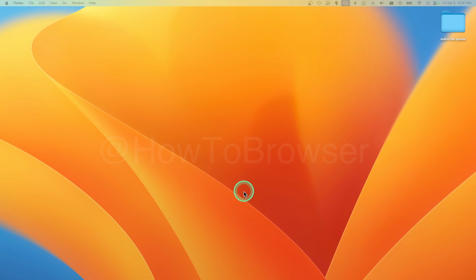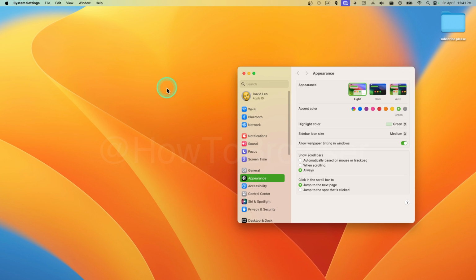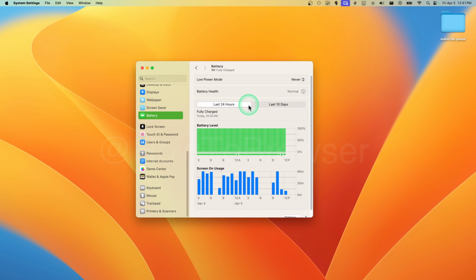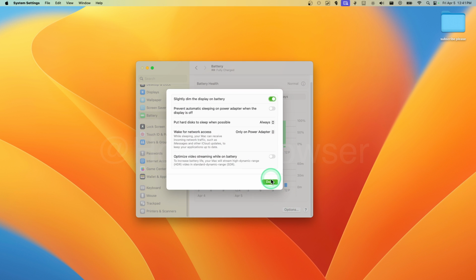Okay, so in this video I'm going to show you how you can reduce system clock speed on your MacBook. We're going to have to go to System Settings, and then go to Battery. Here in Battery we have Battery Health, and here we have Options,